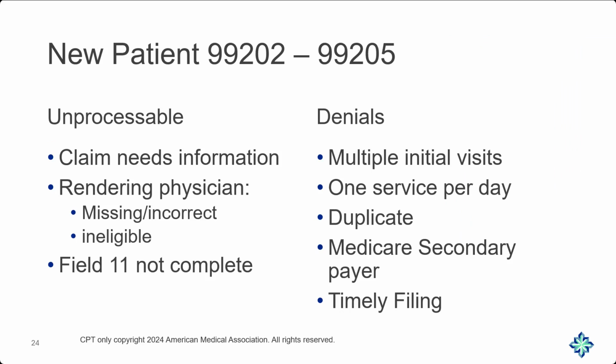So we'll start with new patients. So these are going to be codes 99202 through 99205. On the left side, you're seeing a list of the most common rejections or unprocessable claims for new